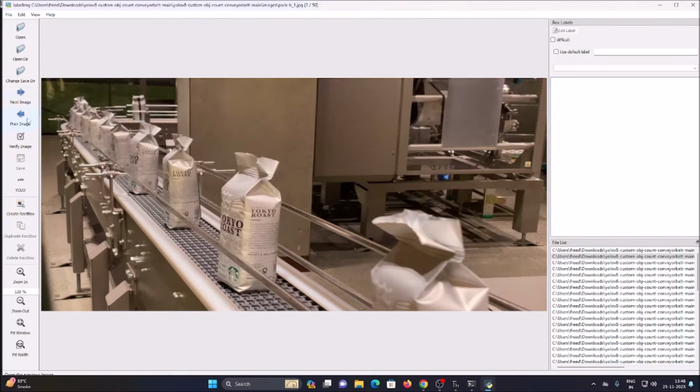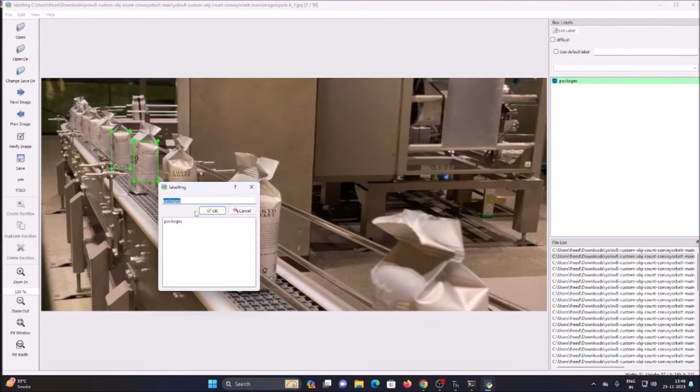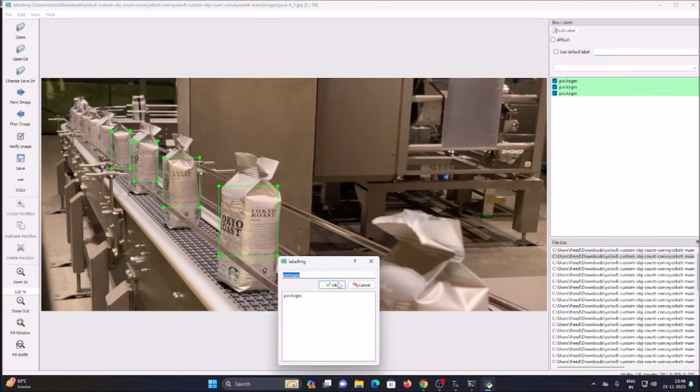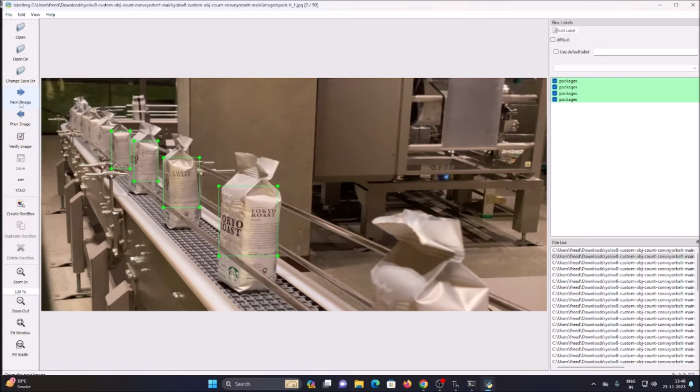So now go for next image, again same way, create rectangle box, go here, draw rectangle box, click on OK, create rectangle box, draw rectangle box on the package, click on OK, again same way, just draw the rectangle box, click on OK, save it, go for next